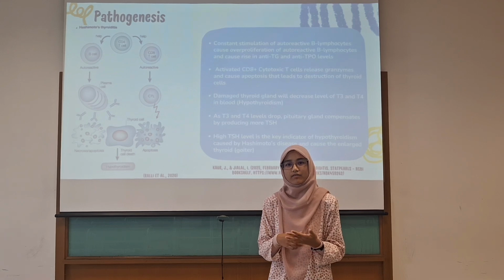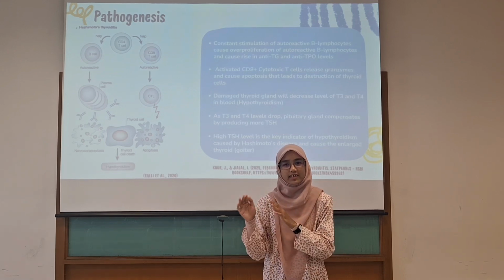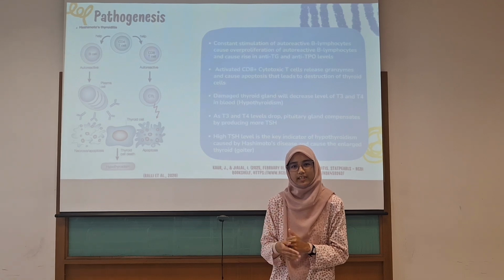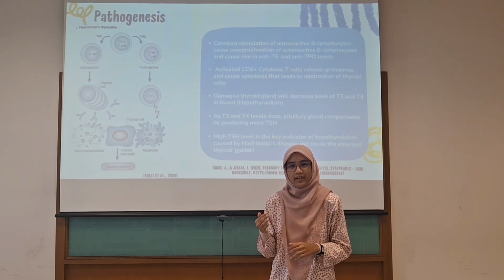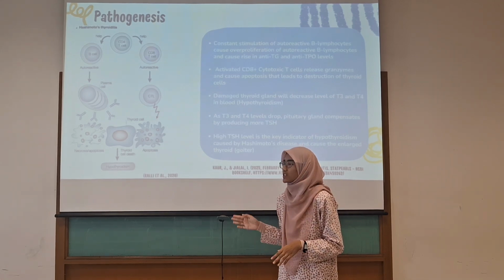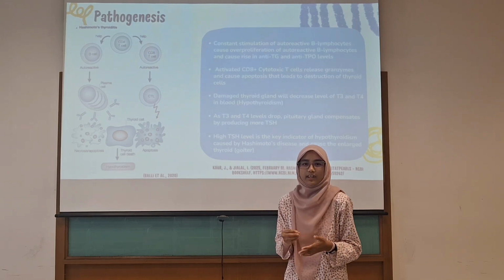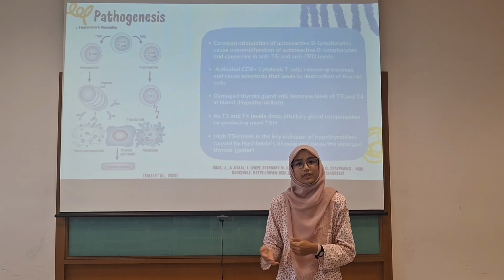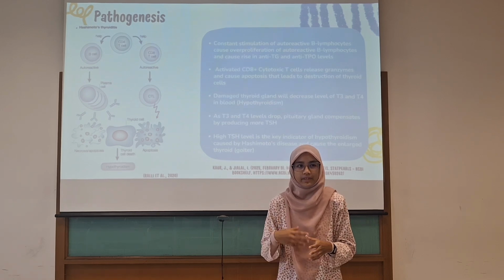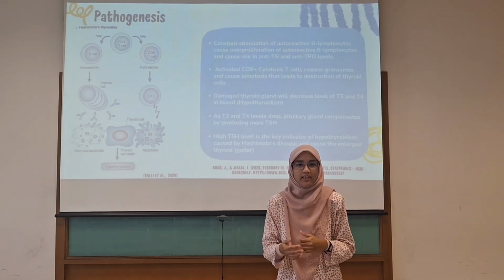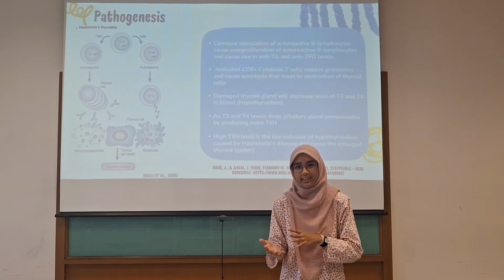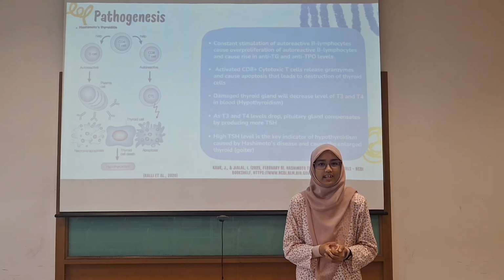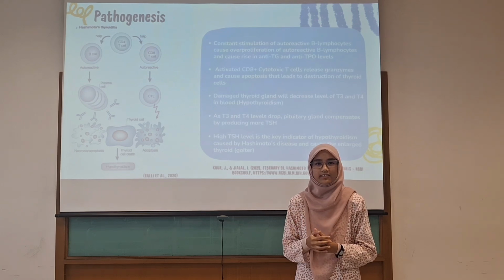So the high level of T3 and T4 will actually send a signal to the pituitary gland to stop stimulating or producing more TSH. But due to the thyroid gland damage, it cannot function properly and cannot produce more T3 and T4, even though the pituitary gland keeps producing TSH to compensate the level. So as a result, the T3 and T4 level remains low and the TSH level is high, and